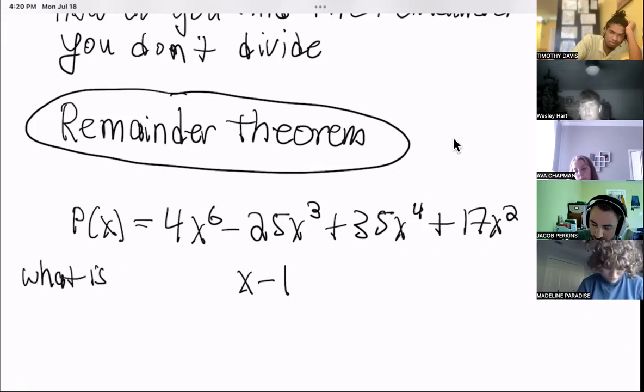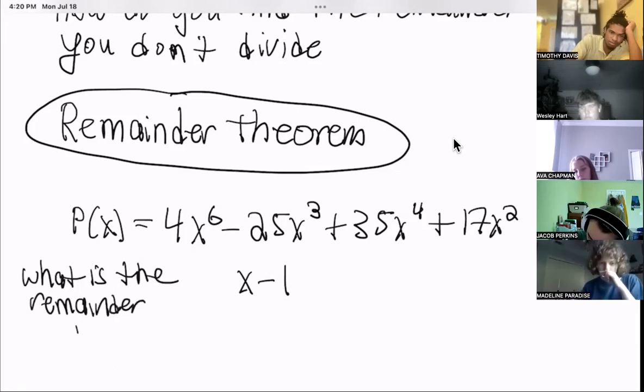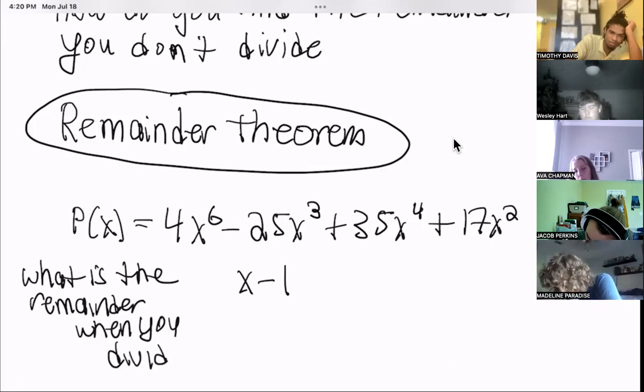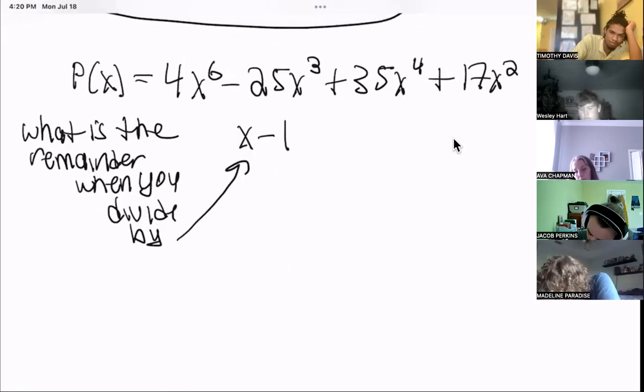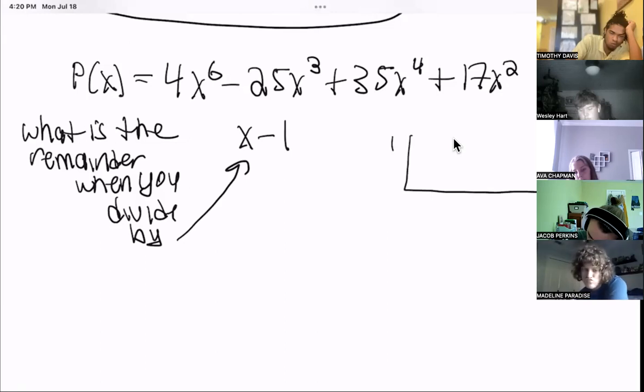What is the remainder when you divide by x minus 1? That's really what we want to know. We don't want to divide it. We can, but sometimes in math, in that class you're going to get to, you got to do it quick. All right, this is what you do. If I were to do synthetic, what would I divide by? I would divide by 1. Remember that, 1. So I have to find P of 1,